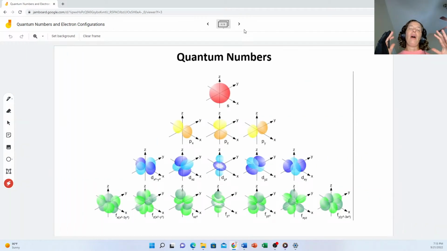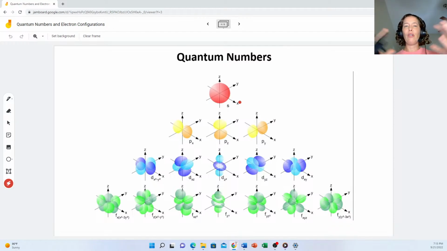So remember, with M sub L, when you have M sub L equals 0, there's only one orientation. And that is because it is a sphere. So if you think about holding a ball, you can rotate it in space however you want, and the orientation